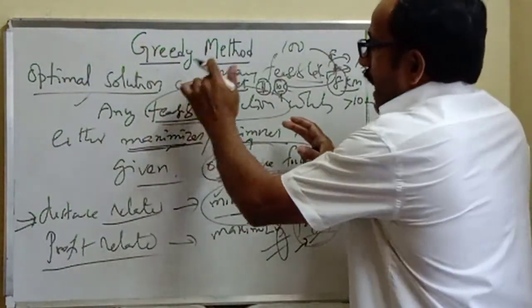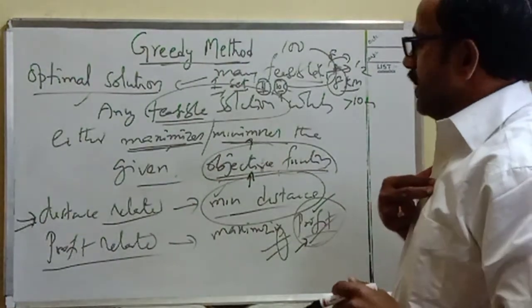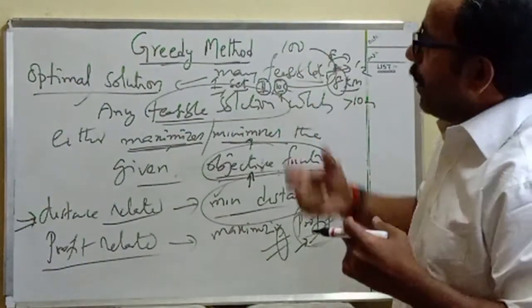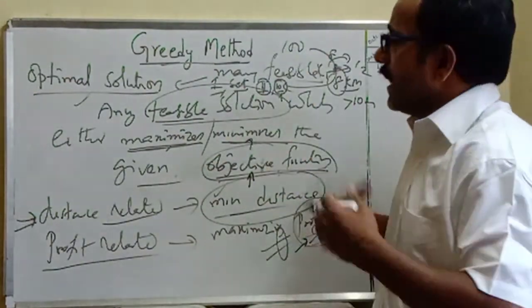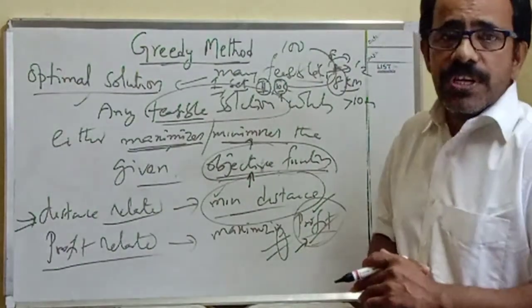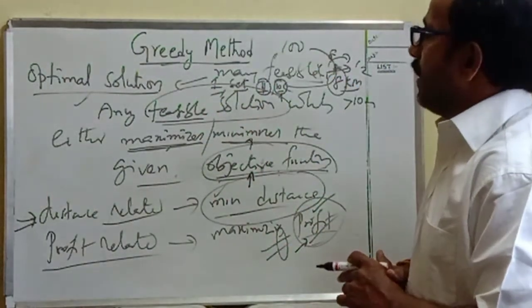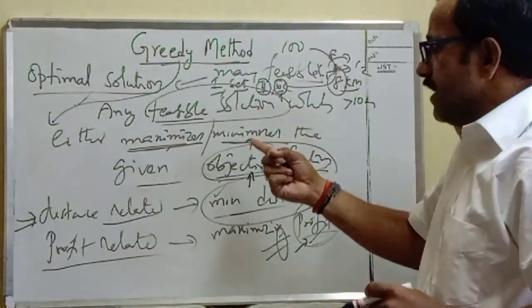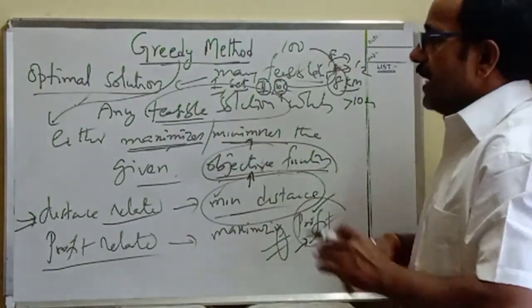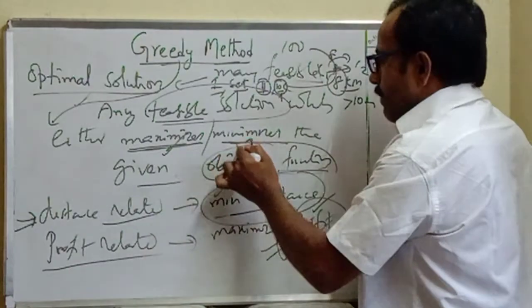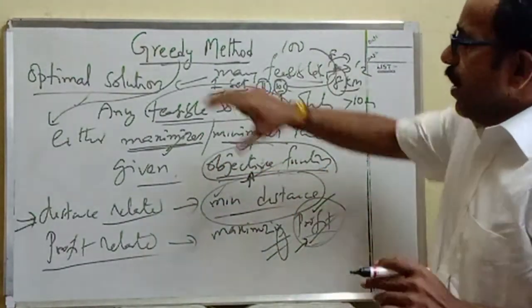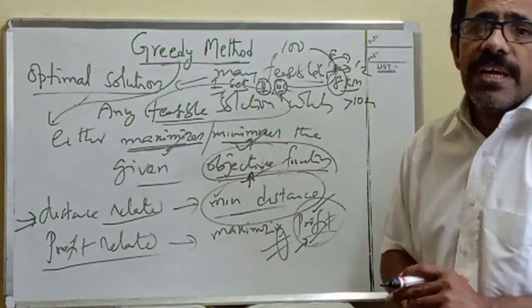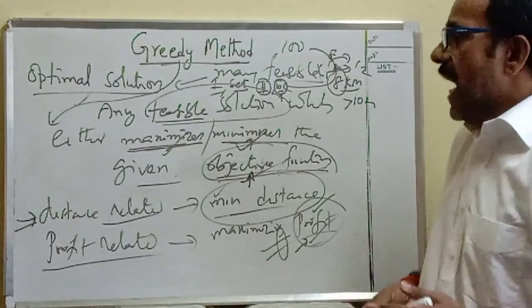So under the greedy method, we construct the feasible solutions, and out of all the possible feasible solutions, we can construct the optimal solution. But for some problems, this is a direct approach. We can also provide a direct solution for producing optimal solutions. So that's why we treat it as a straightforward approach. Directly we can construct the optimal solution. That optimal solution is feasible because it satisfies the given constraints, and that solution itself either maximizes or minimizes the given objective function. So all the optimal solutions are feasible solutions, but we cannot treat all the feasible solutions as optimal. Either one feasible solution or a set of feasible solutions may be optimal solutions.